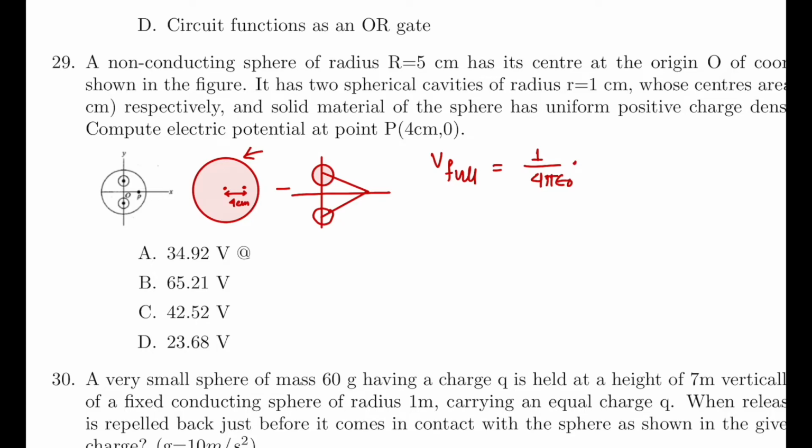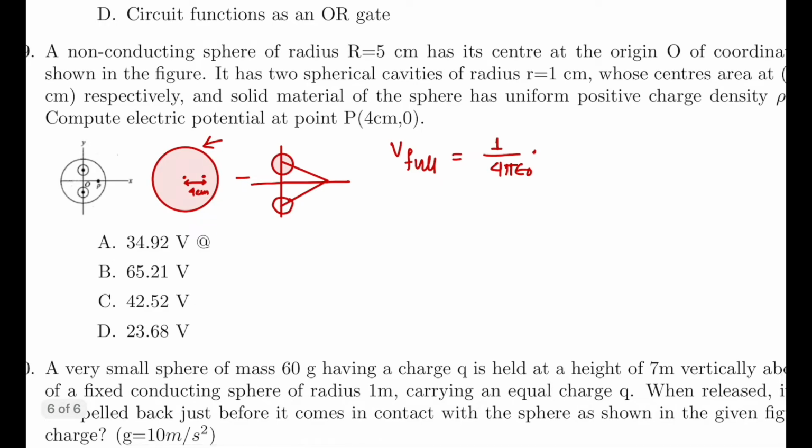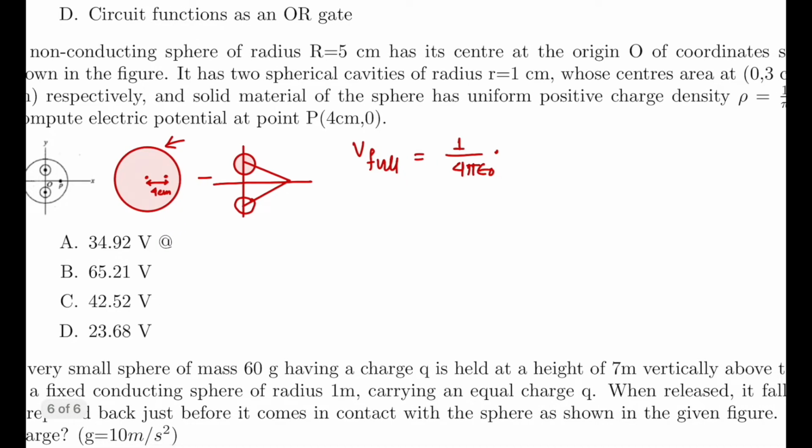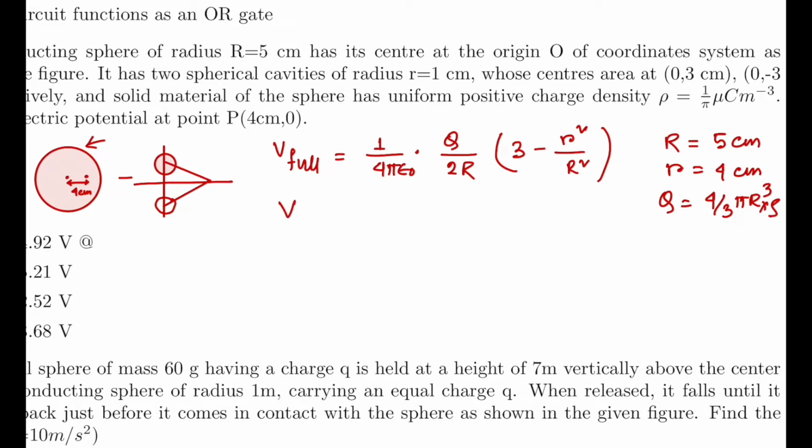We have to use the formula for potential inside the sphere at a distance r. So 1 by 4 pi epsilon into q divided by 2 times r into (3 minus r square by R square), where R is 5 cm, small r is 4 cm, q is 4/3 pi R cube into rho, and the V,